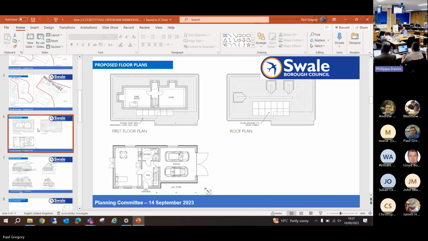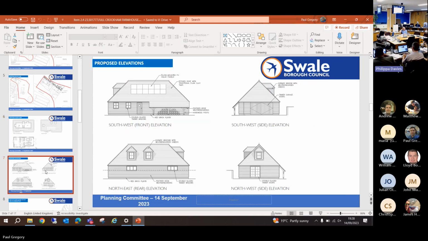In terms of the floor area, there's an annex and a garage at ground floor, and a home office and a small storage area at, I say first floor, within the roof space. The elevations are shown here. Typical of a traditionally designed building that you see throughout the Swale countryside. Materials are a brick plinth with weatherboarding above it, and a plain clay tiled roof and solar panels as well. There are what officers consider to be some appropriately designed dormers as well, which provide the windows for the home office and the store at first floor